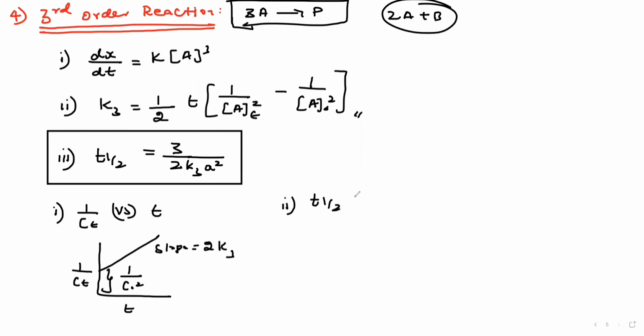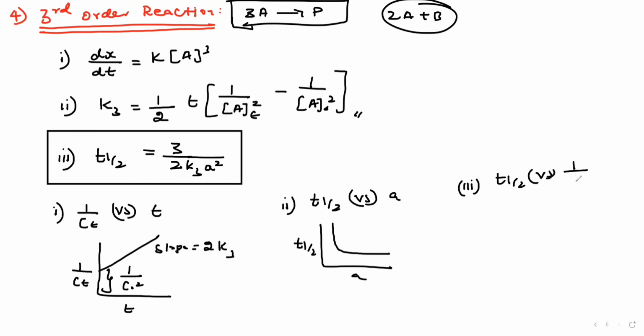The t half versus concentration. What is the equation? Same, right? Here, t half and A, this type of equation. That is very important. As with the second order reaction, the third graph I give as homework, right? You can tell the answer in the comment section. This I can plot now. What is the equation? t half versus 1 by A square. What is the formula for t half? The t half is equal to 3 by 2 times 1 by K3 A square.